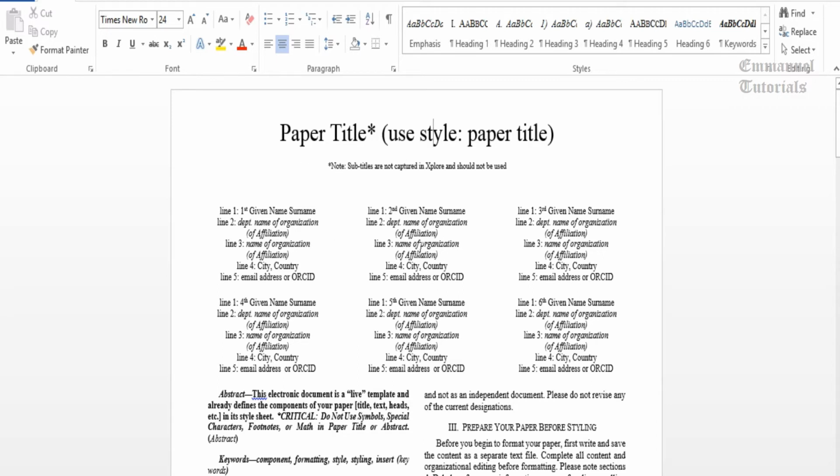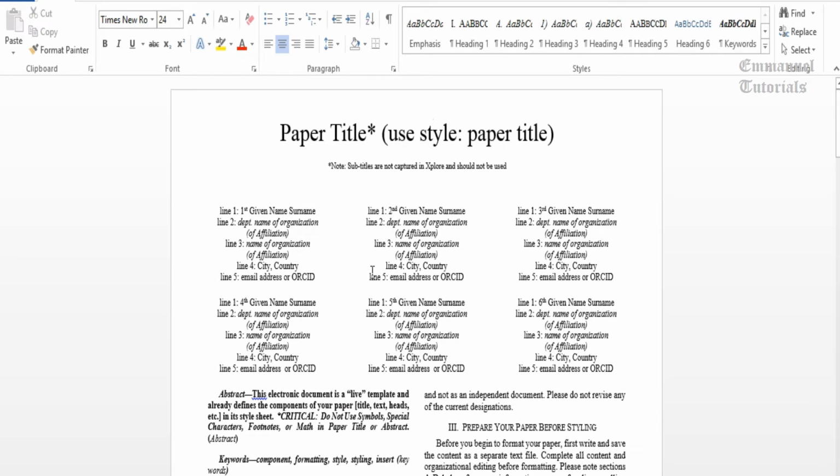Then next you have these 6 places where you have the authors' names. Depending on the number of authors, suppose you have one author, then you will have only one of these descriptions. If you have 3 authors, there will be 3. So all the 3 will be put separately. Sometimes people have the habit of putting only the names and then the organization will be common and then the city, country will be common if all the people are from the same organization. But this is not encouraged in the IEEE paper format.